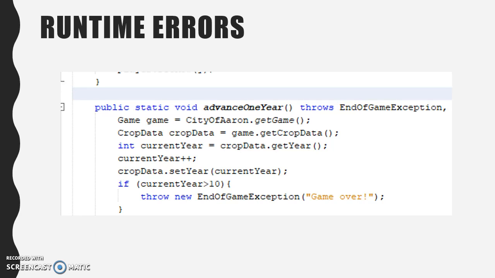The next slide shows runtime errors. You need to have a throw and catch error to prevent the program from killing itself and to let the users know why the program has stopped running. Before you can catch an exception, some code somewhere must throw it. So at the top of this public static void, we have advanceOneYear, which throws an exception of the game. So we have to get the game, we have the crop data coming in, and we have a category